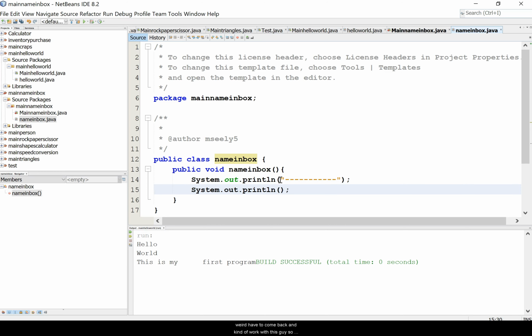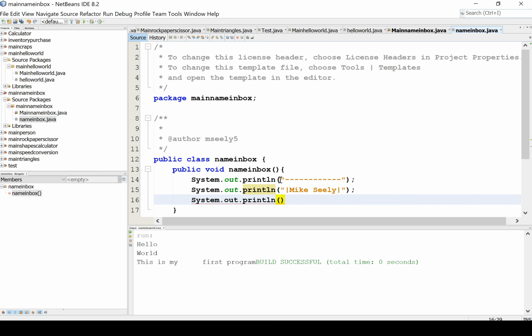Okay, so I'll show you how I do my name in box. So I use a pipe, which is a shift and then the button above your enter button. So it creates a pipe. So hold shift and then press the pipe button, okay? So I'm going to say Mike Seeley. Right here we'll do another dash. And then we'll say system.out.println. Okay, and so if I run this,